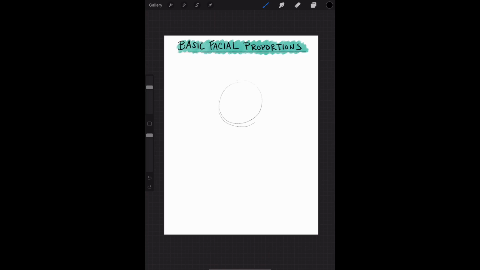And we're just going to do a face-on view, a front-facing view. You just start with a circle. It doesn't have to be a perfect circle by any means. These are just your construction guidelines. So this is basically a representation of the main mass of the skull, like your cranium. And